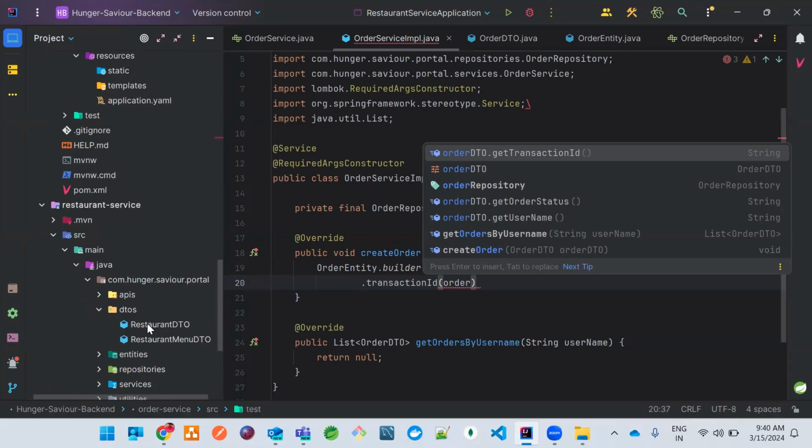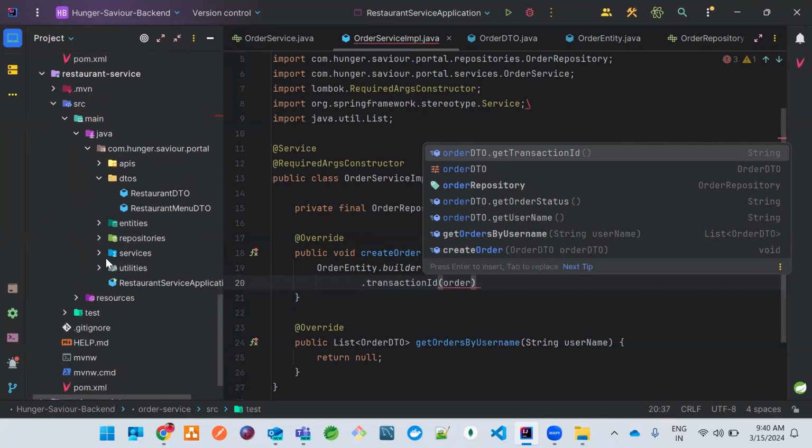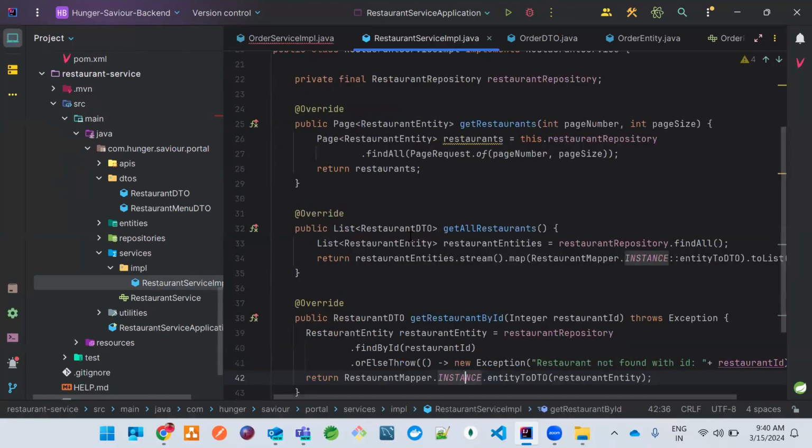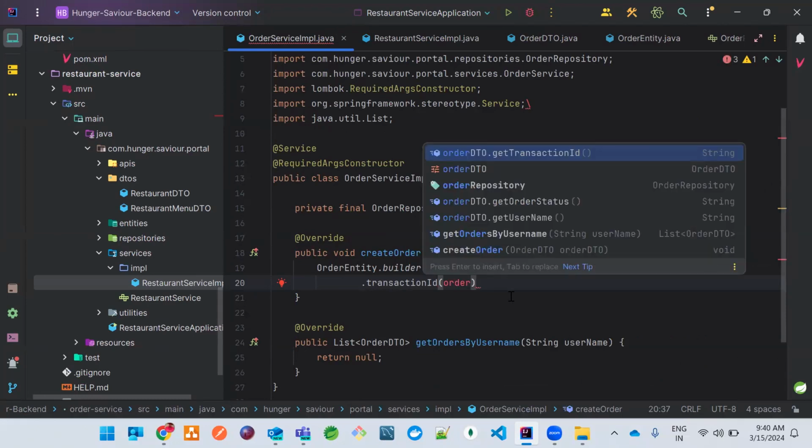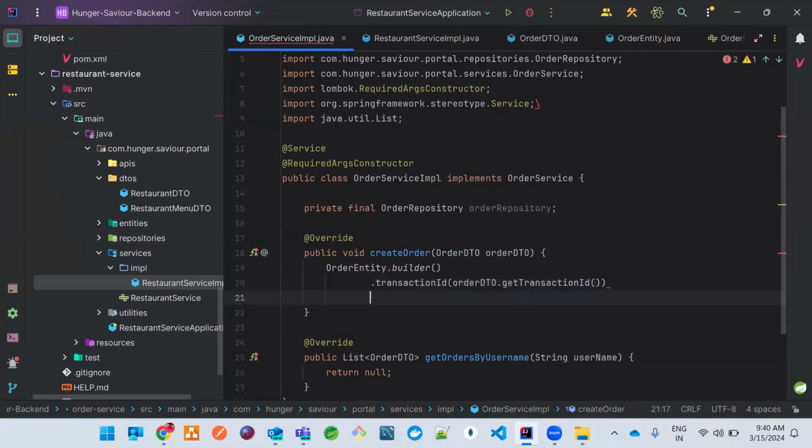So this is a better way on how we can do it. Can you see this? We're using RestaurantMapper.INSTANCE.entityToDTO. I like this, but I'm leaving it up to you on how you can do that from your side. The next thing, dot username,